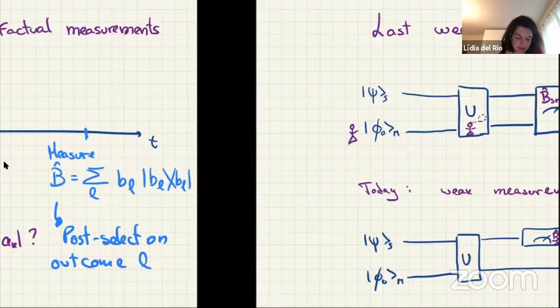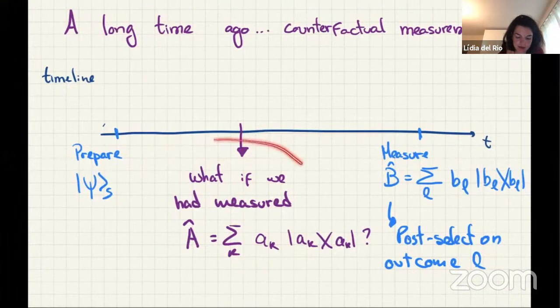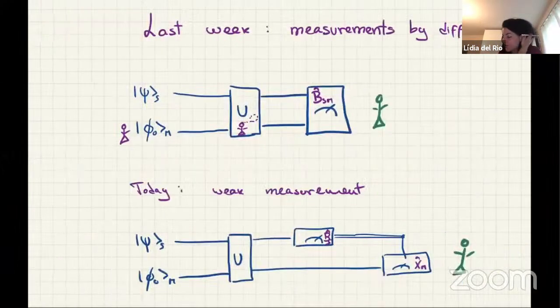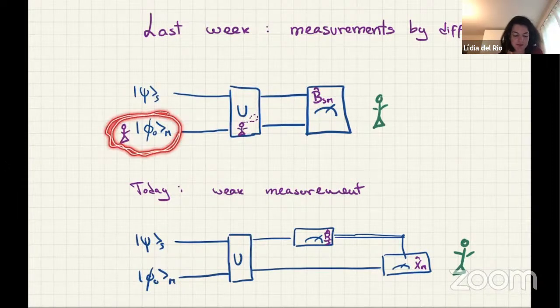Then last week, we replaced the setting where this is a hypothetical measurement that was not performed, what we sometimes call counterfactual measurements, with an actual measurement. So we saw that a measurement can be implemented by some interaction between a system to be measured and some measurement device, M, a pointer. In this case, we said this measurement device actually represents the whole agent that is measuring, say Alice is measuring it. And inside this system M we put all of our memory. So we did this unitary, which in our case we simplified to just a CNOT, right?